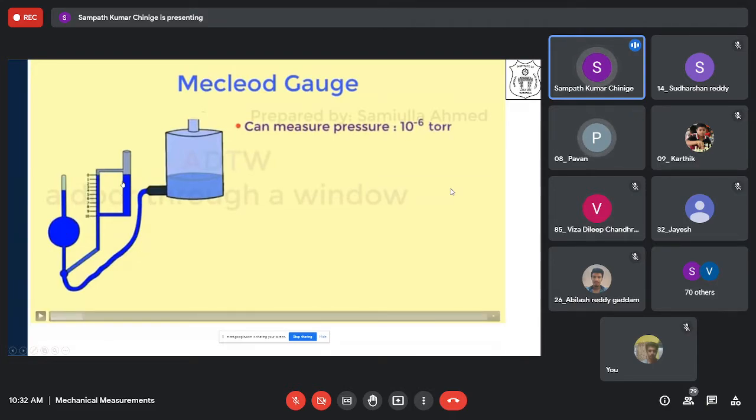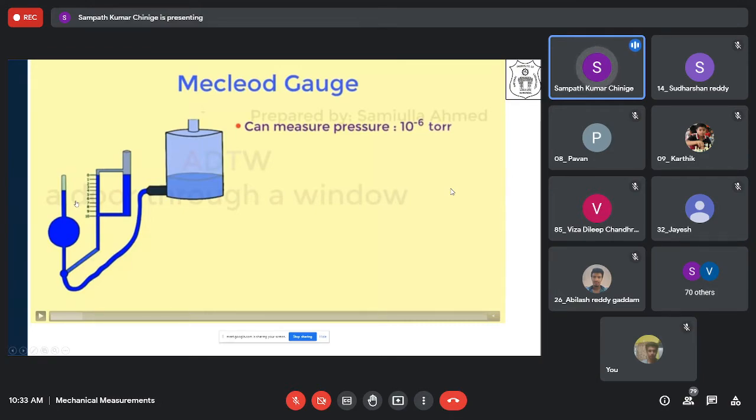Otherwise, this capillary tube and this tube will have the same level. So you may ask, sir, why is this tube bigger? This tube is bigger to take out the effects of capillarity. Because of capillarity, some error may come. To avoid that, for getting the levels proper, we have a thicker section like this. And we are also assuming that it is an isothermal process where P1 V1 is equivalent to P2 V2. Generally, we take it for isothermal conditions, so we take that into consideration.